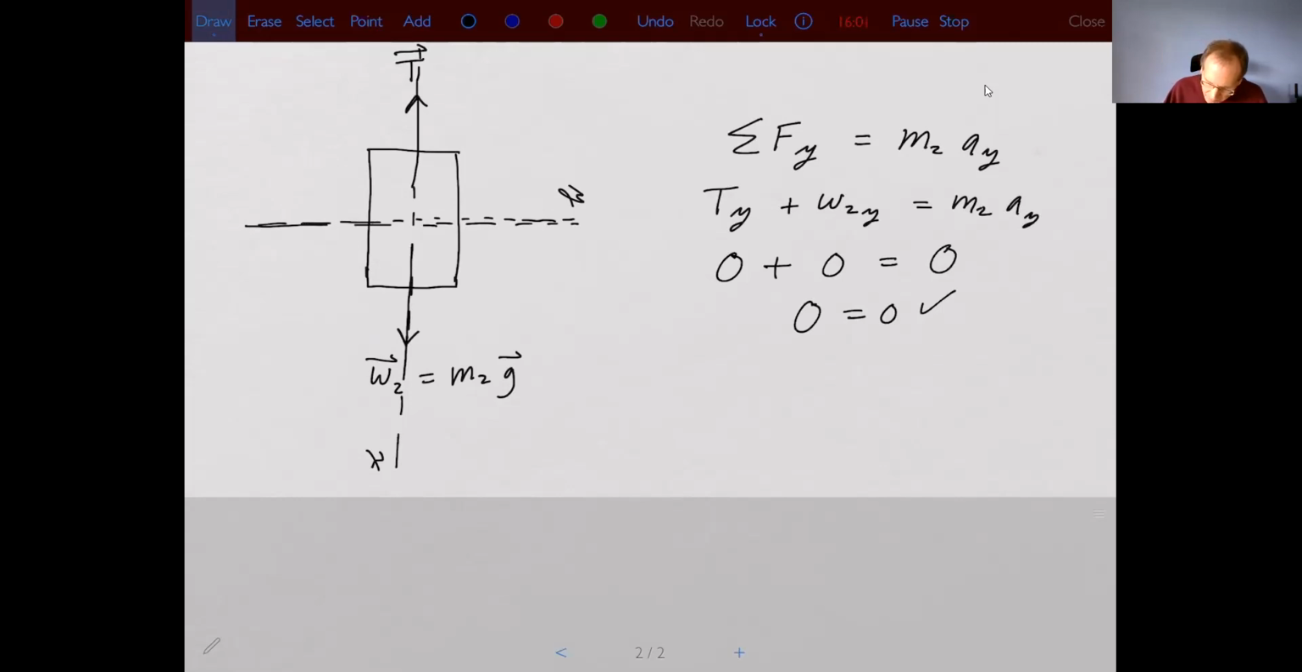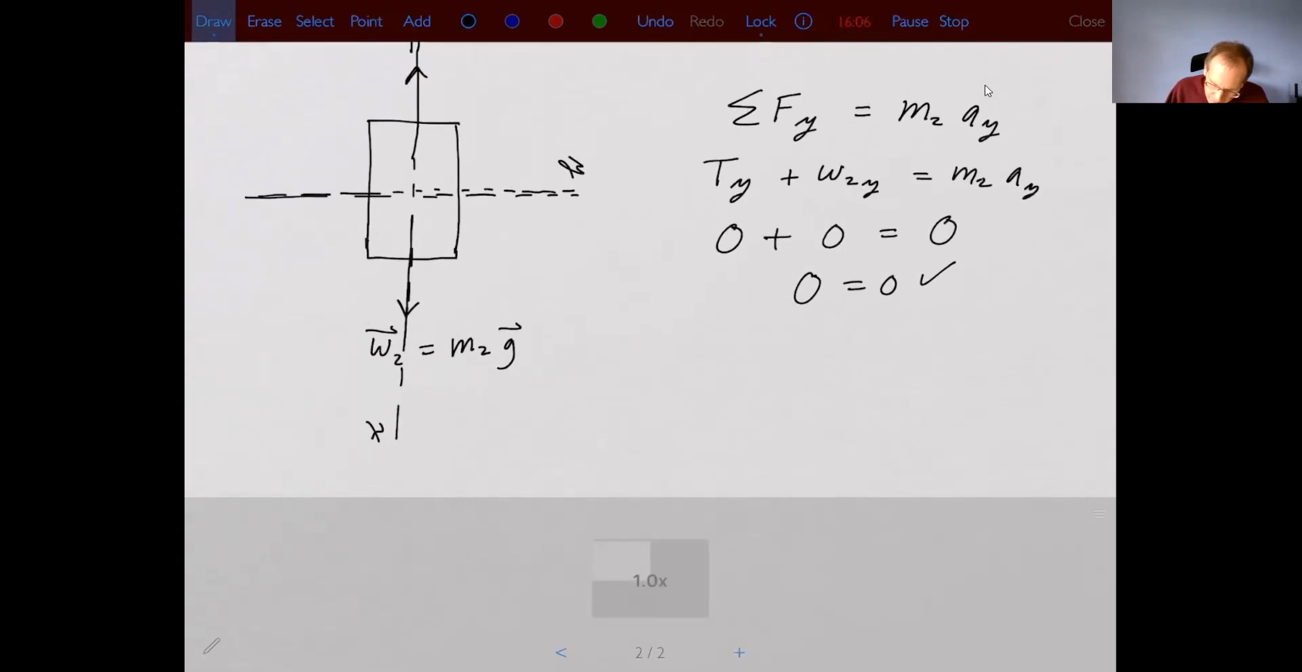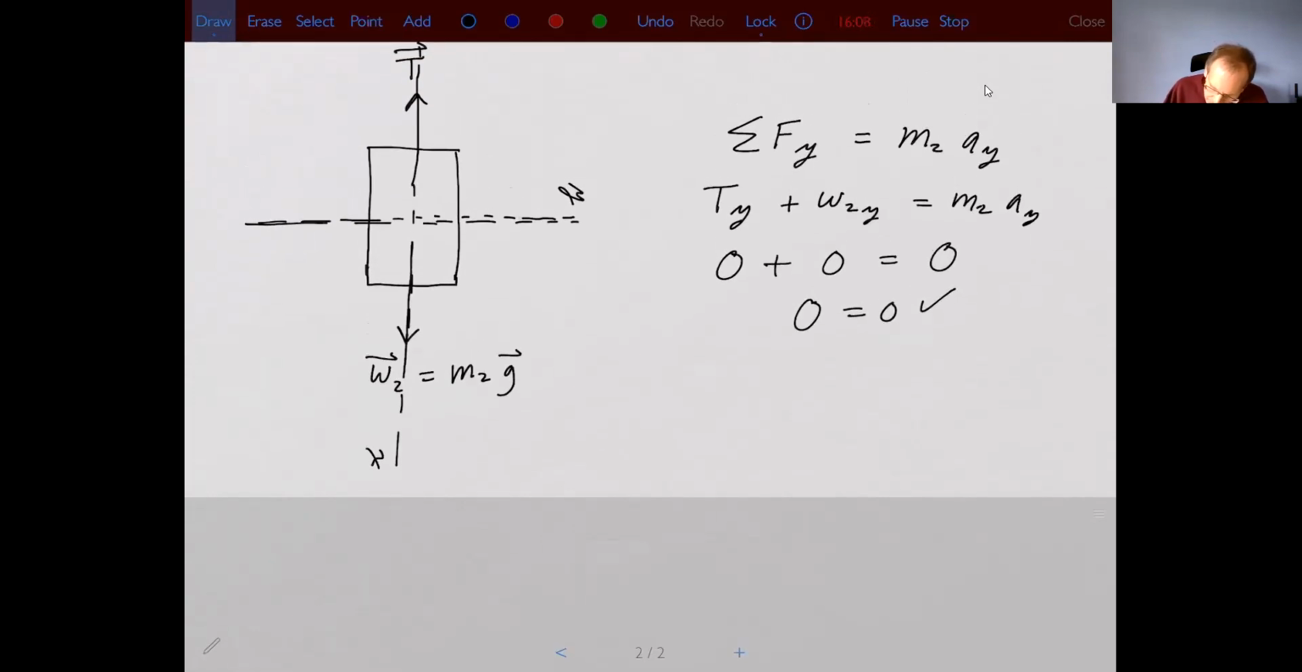Okay, so let's move now to the x direction. Let me make sure you can see the picture. I have the sum of the forces in the x equals m2 ax. Well, I want the x component of each force. I want the x component of the tension plus the x component of the weight, right? That's what I mean by the sum of the forces in the x. I have to sum the x components of each force, and that's going to equal m2